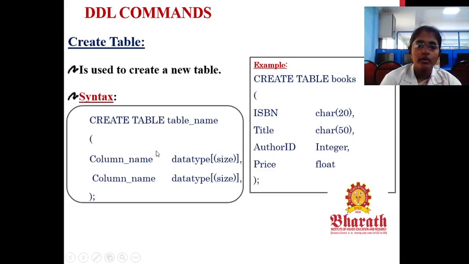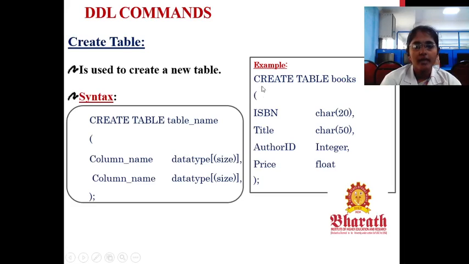For example, if you're going to create a table, see here, we have given book details. Book details means we have to give the ISBN number of that book, the title of that book, the author ID and the price of the book. So each and every entity will have different data types. ISBN number will be